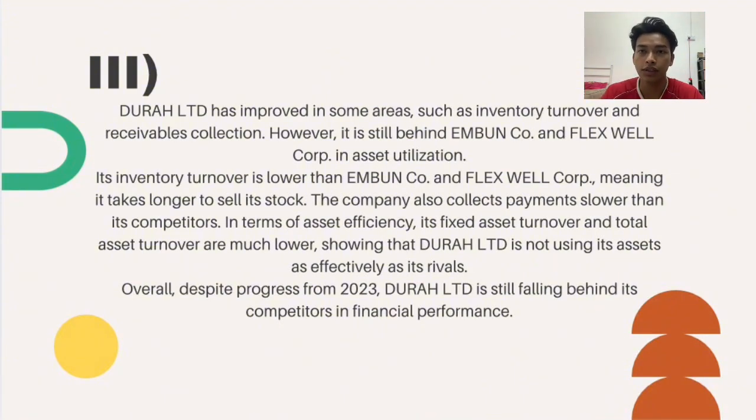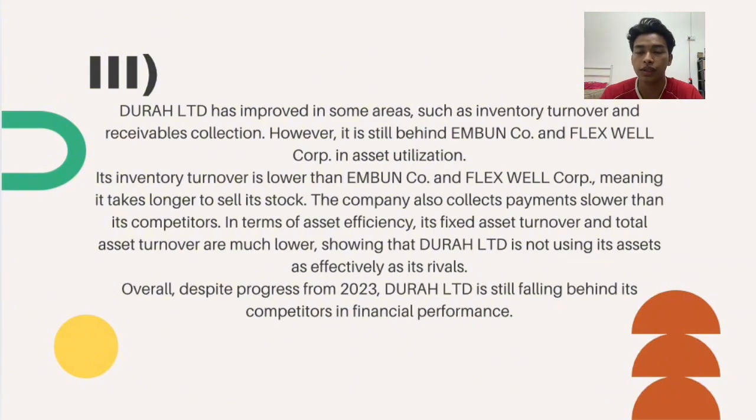Its inventory turnover is lower than Ambon Co and Flexwell Corp, meaning it takes longer to sell its stock. The company also collects payments slower than its competitors. In terms of asset efficiency, its fixed asset turnover and total asset turnover are much lower, showing that Dura Ltd is not using its assets as effectively as its rivals. So overall, despite progress from 2023, Dura Ltd is still falling behind its competitors